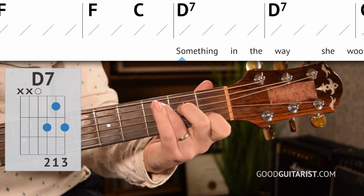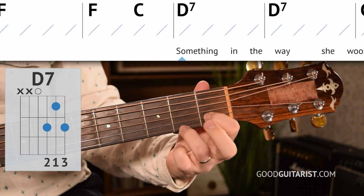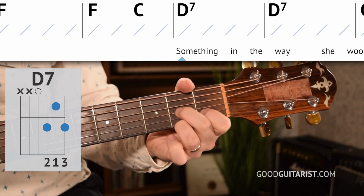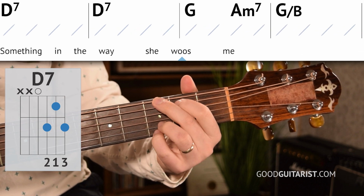After this, we go back to C, and then we have D7, and we can leave our first finger down and then just add our ring finger to the 2nd fret of the thinnest string and our middle finger to the 2nd fret of the G string. D7, and then G,